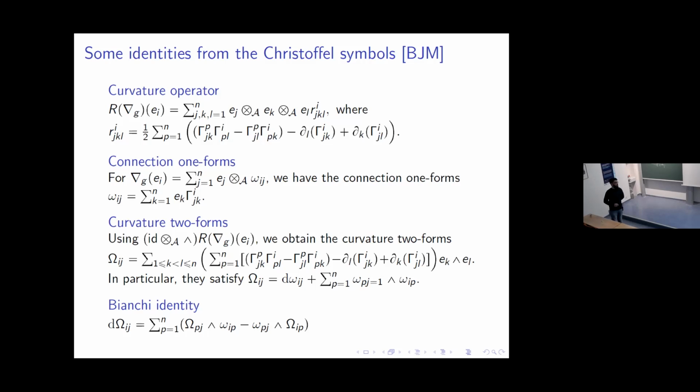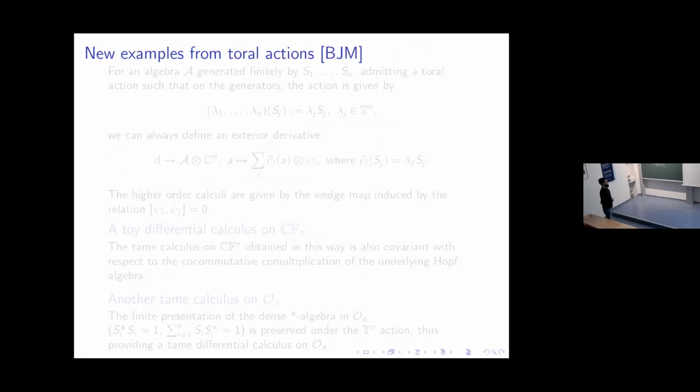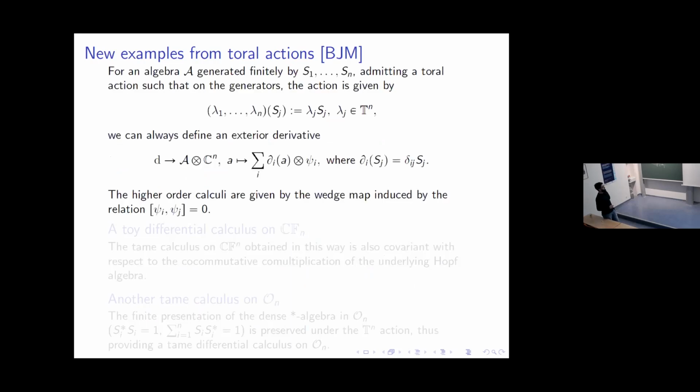And speaking of what can be done once you have these identities, we are still fiddling around with these. One thing that we have explored a little bit is to deal with curvature 2 forms when the dimension is just 2, to look at a generalization of the following. But first, these are some more examples coming out of total actions on an algebra, which is that if say